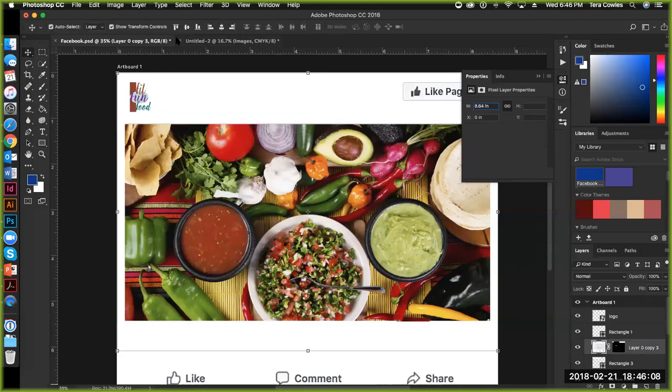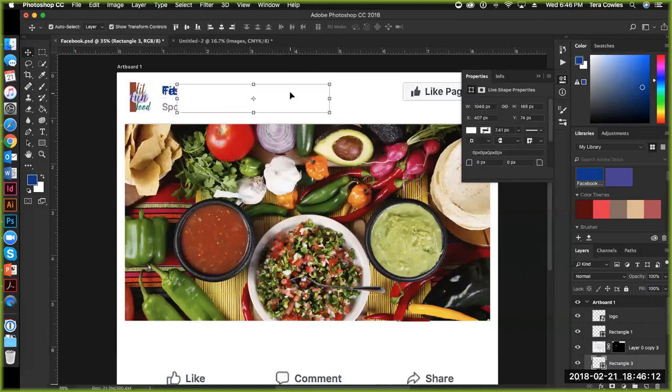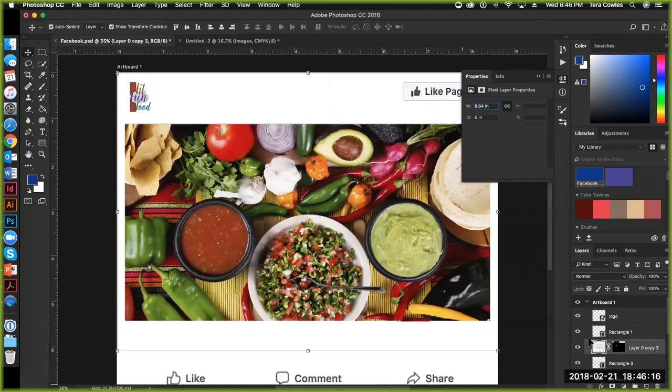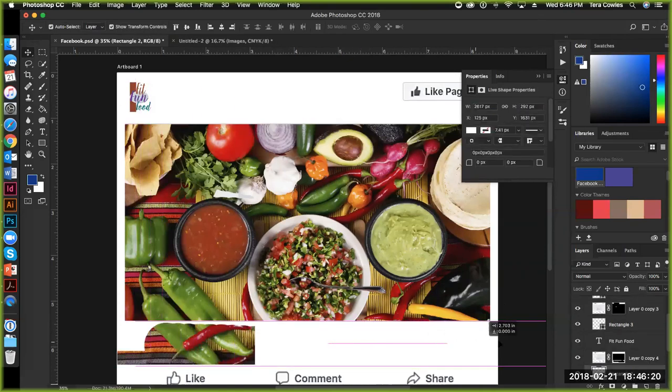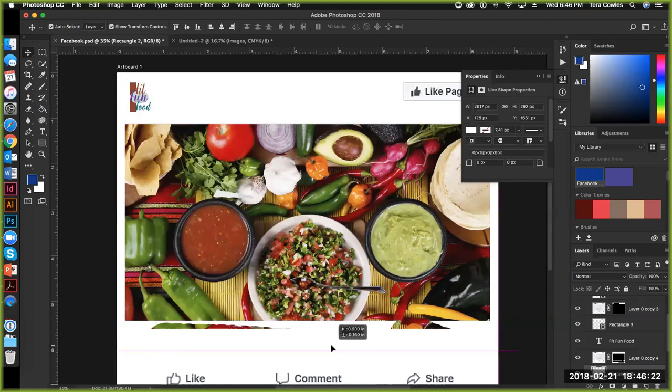And if I move this one over, I have my show transform controls locked, and it's going to show me where I need to be. And so that's showing me my